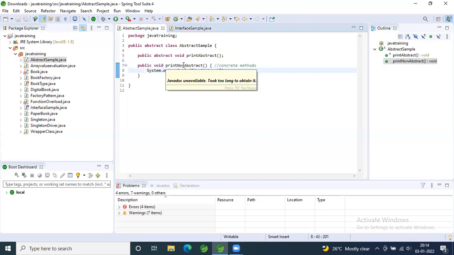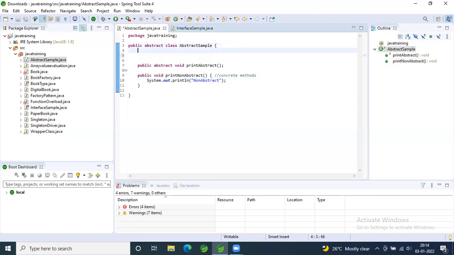The second thing, let's define a few variables in the abstract class as well as in the interface. So now you have used public, right? Just create some public variables in the abstract class. Just give public, static, final, and some variable, any data type and variable name.